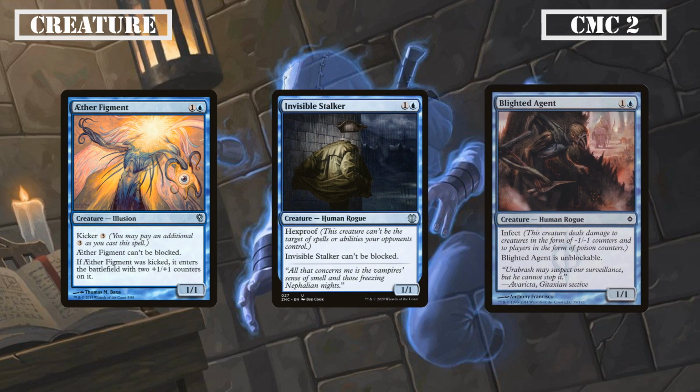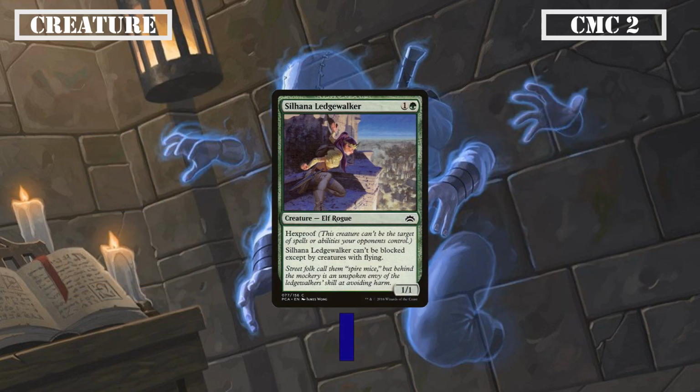our proliferation effects. We also have Sihana Ledgewalker joining us as another 1/1 with effectively hexproof that can only be blocked by creatures with flying or reach, giving us another body that we can safely grow without having to worry